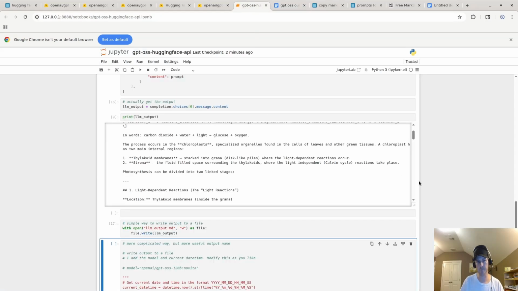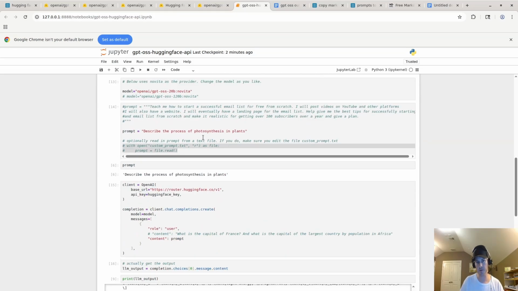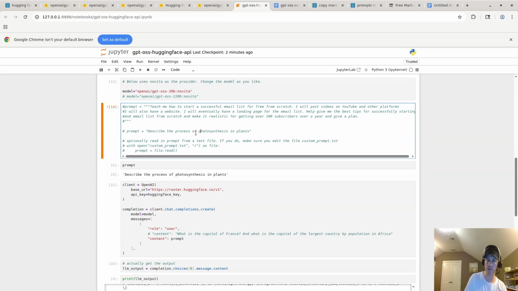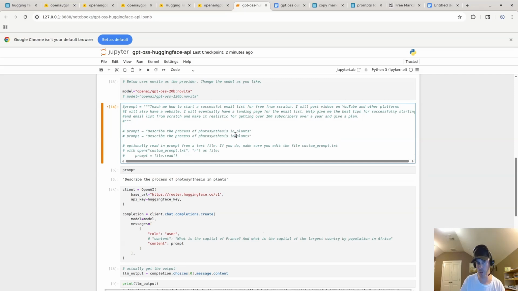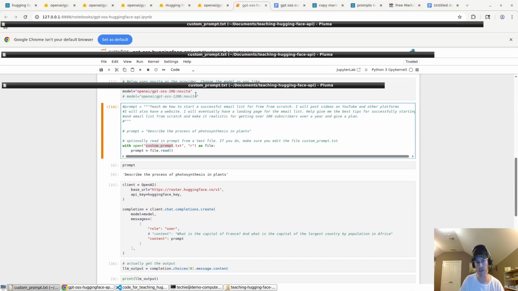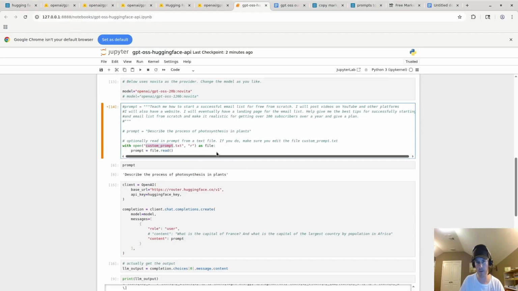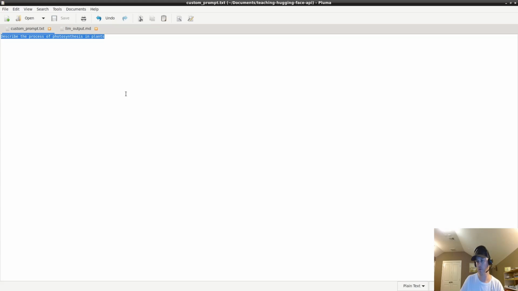Okay, and now let's modify this slightly. Before I mentioned that this manually enters the prompt, but this is probably a very inefficient way to have to manually edit this every time. Like if you wanted to put another, you could put it like that, but I think that's very inefficient. It's probably much better to read it in from a file. So what this does is it's going to have a file called customprompt.txt, and we'll be able to play that. So for example,